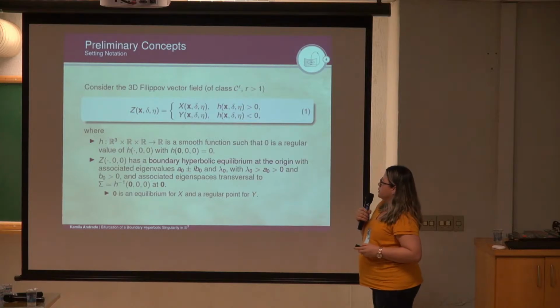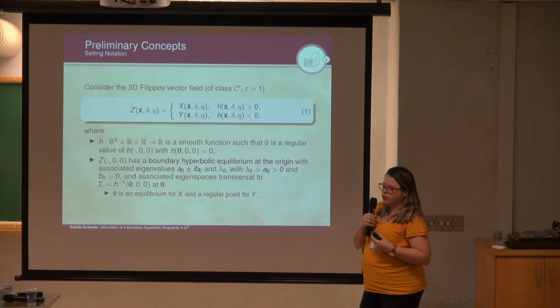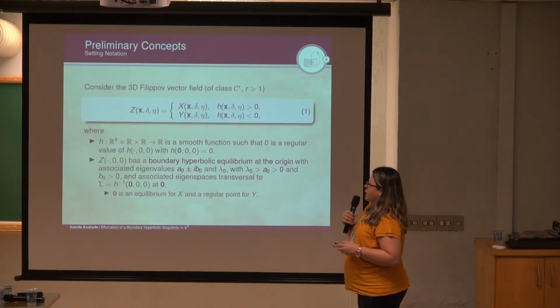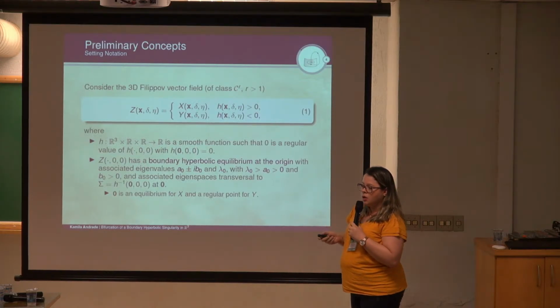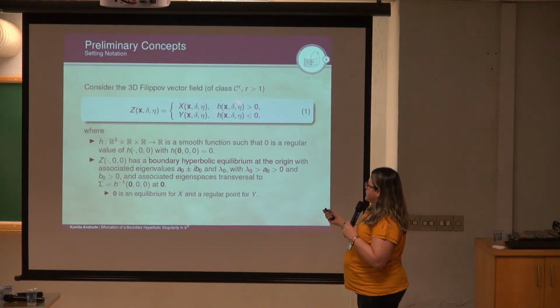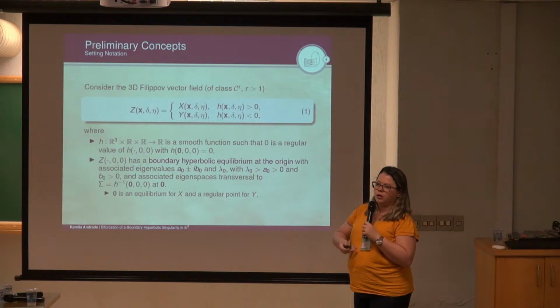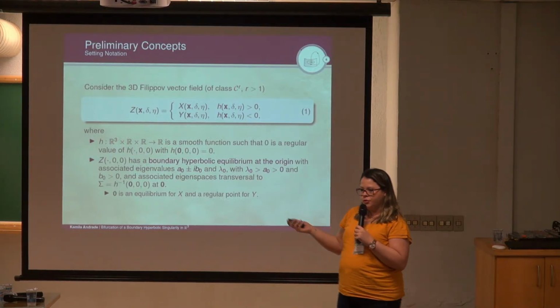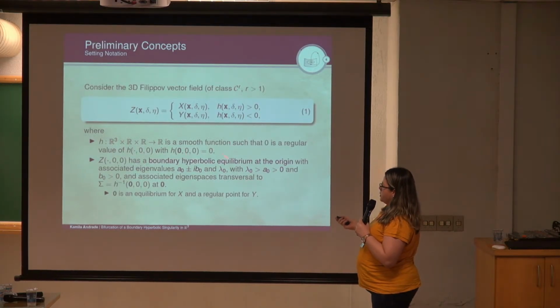In this form, this vector field is pretty generic. We don't have much information. We will just fix that this map here defines a codimension 1 surface in R2. So 0 is a regular value, and we are assuming that for the unperturbed system, this surface contains the